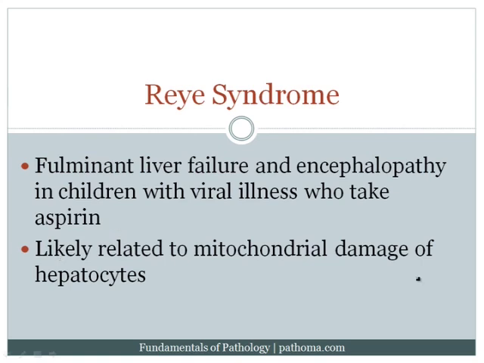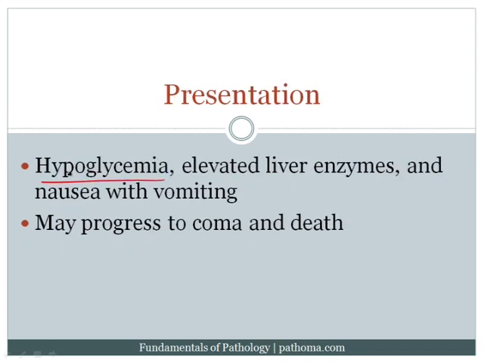We don't fully understand the mechanism of this disorder. However, we do know that there is mitochondrial damage of the hepatocytes, and perhaps that plays an important role. Again, high yield to know that there is mitochondrial damage of the hepatocytes. These patients present with hypoglycemia, markedly elevated liver enzymes, and nausea with vomiting, and it can progress to coma and